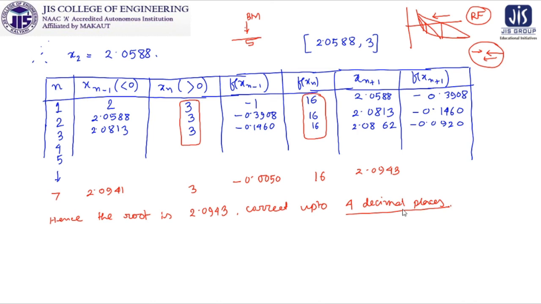Here also there is some process through which we are thinking about that when we are calling it as 4 decimal places, because we have to check the ith position and the i plus 1th position, and in these two positions up to 4 decimal places, if there is no change, that means we can stop over there. So this is completely a technical part. Obviously we need this for time limiting our process. So this is the whole thing about the regula falsi method.